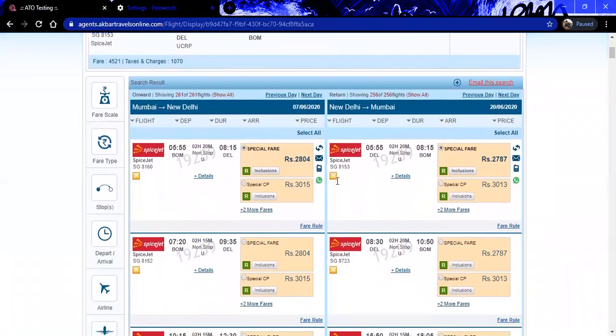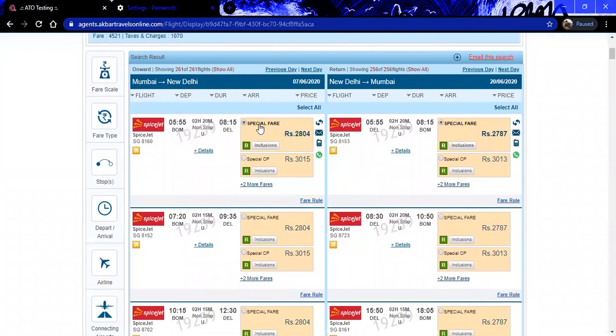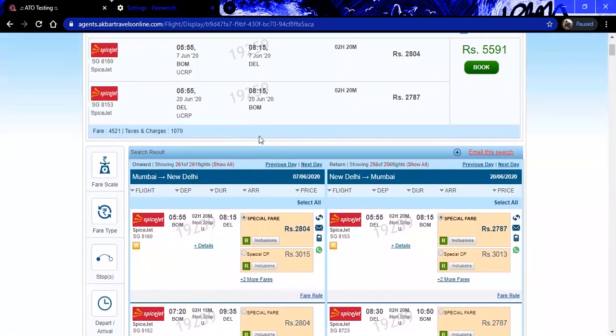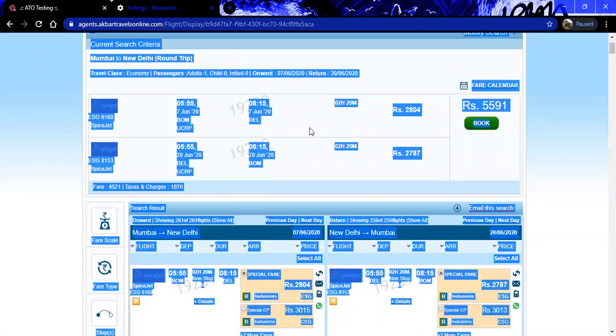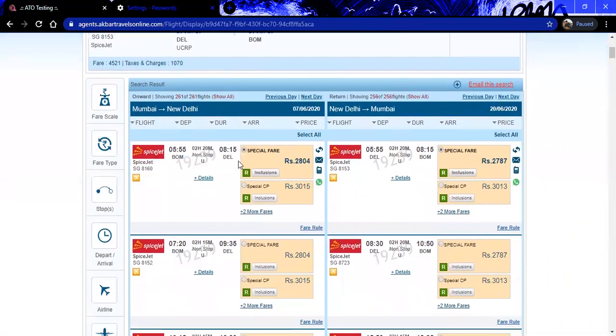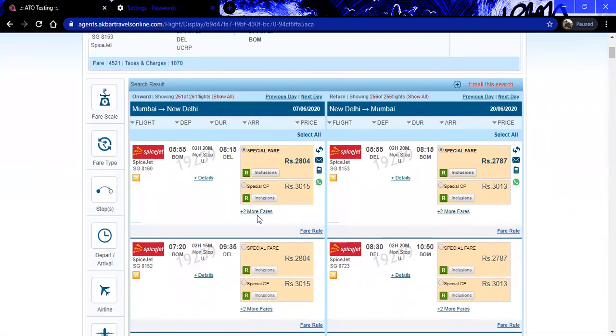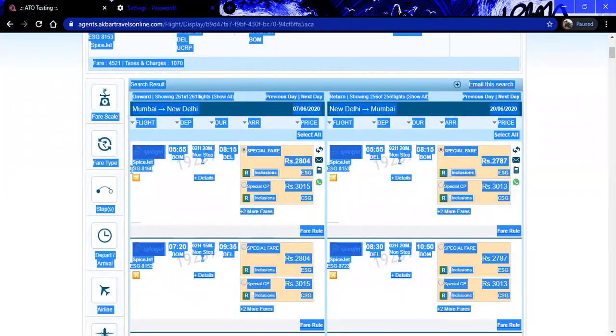If you scroll down and check, you will get to know which fare this is. Or else, if you wish to know here, you can identify the same by doing Control A. So this indicates that the first flight, the onward flight, is a corporate flight. The return is also a corporate flight, corporate fare. If you scroll down, you will check that yes, it is a special fare, that is a corporate fare. The identifier I just showed can be identified through inclusions or fare rule or by the Control A option.